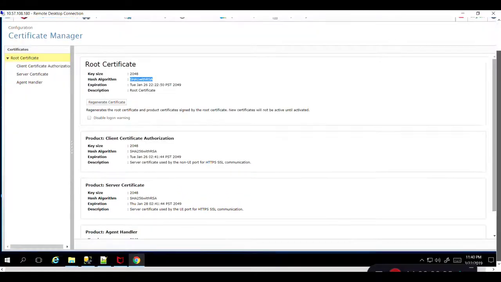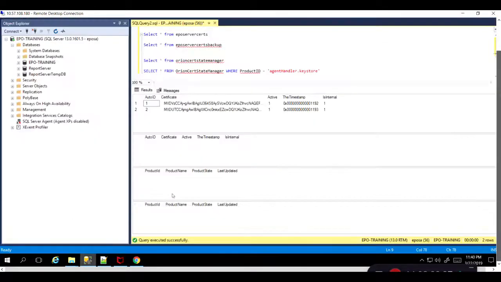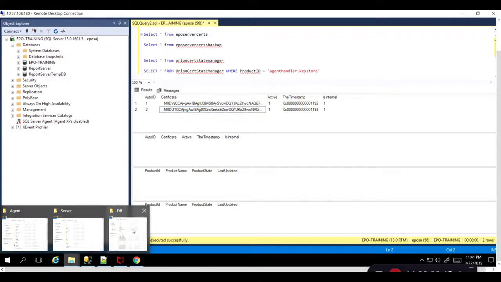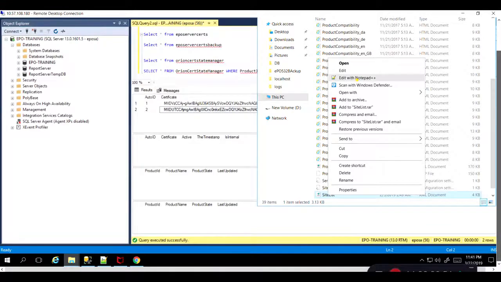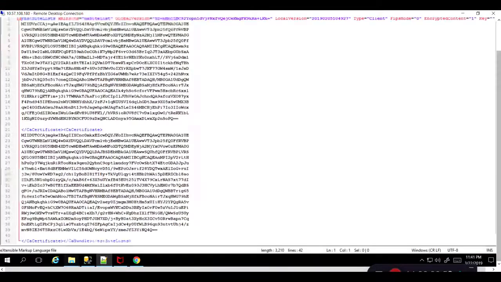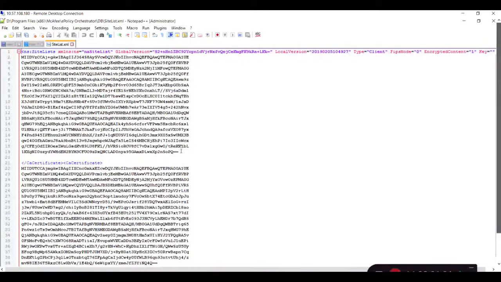Before we start, we have to see the prerequisites, what all it will be applicable for. We have one table named EPO server certs, which contains two certificates, which by default are SHA-1 and come with EPO 53 and 59. This certificate has to be updated by regenerating it to add the SHA-2, and this certificate information will be updated into the EPO DB folder sitelist.xml. You can see the present sitelist.xml matches the same certificate which is in the database table.